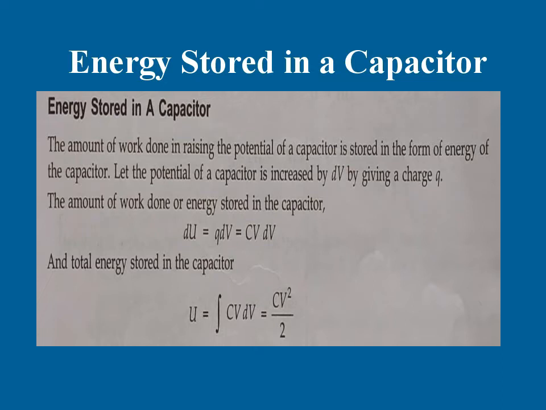You know the relation between potential energy and potential: U should be equal to QV. Therefore, dU should be equal to how much? Good, Q dV. Now, by the definition of capacitance, you know that C should be equal to how much? Q by V. That's why Q should be equal to CV. Therefore, you get dU should be equal to CV dV. This is the value of the amount of work done in the form of energy.